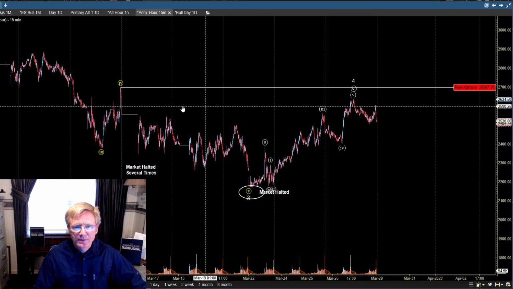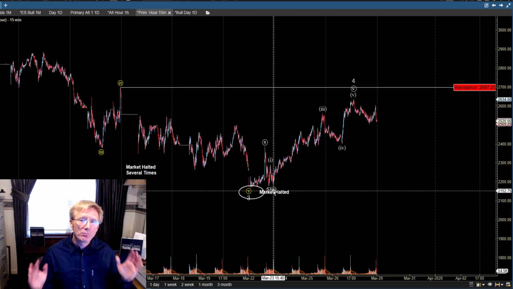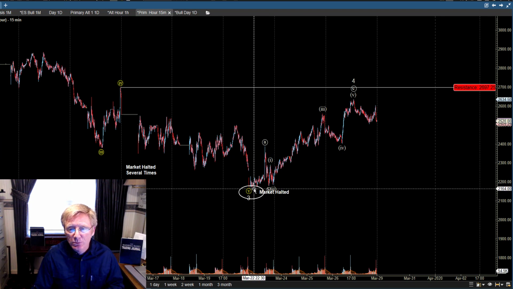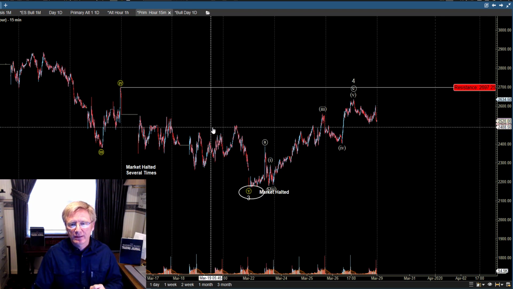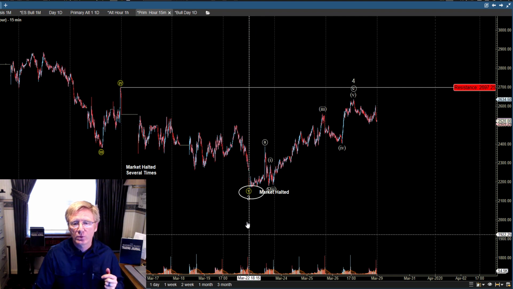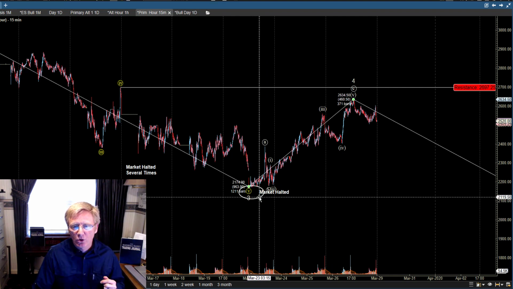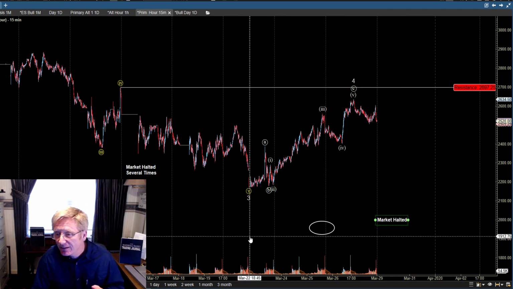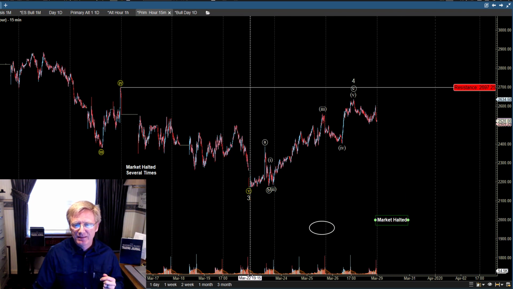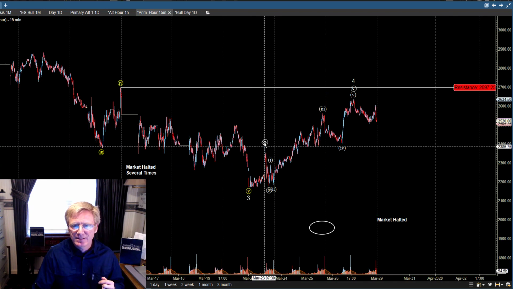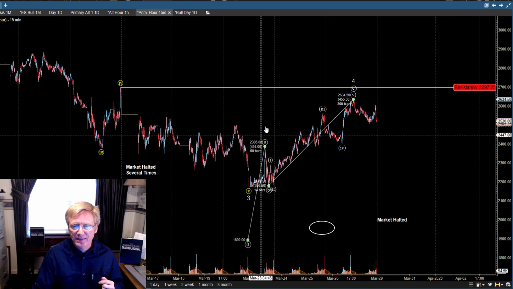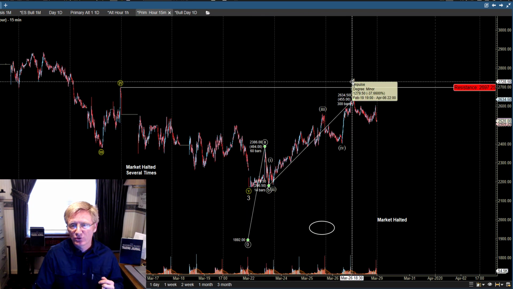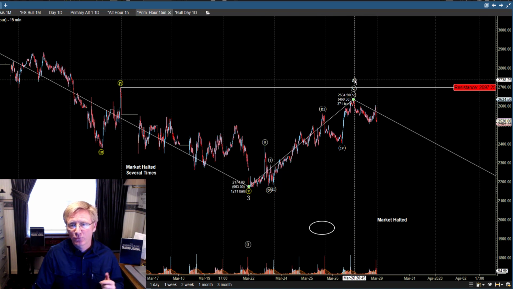Now, there's something that I want you to notice down here. When we were getting into these days, the market was being halted. It was halted here, it was halted here, and it was halted here during what I thought was going to be the 5th wave of wave 3. So this market was halted here. And what if this market came way down here to 1900? Then maybe an ABC, if it looked like that, would have made sense, where this was A, this was B, and then 5 waves for C to make this a 4th wave.